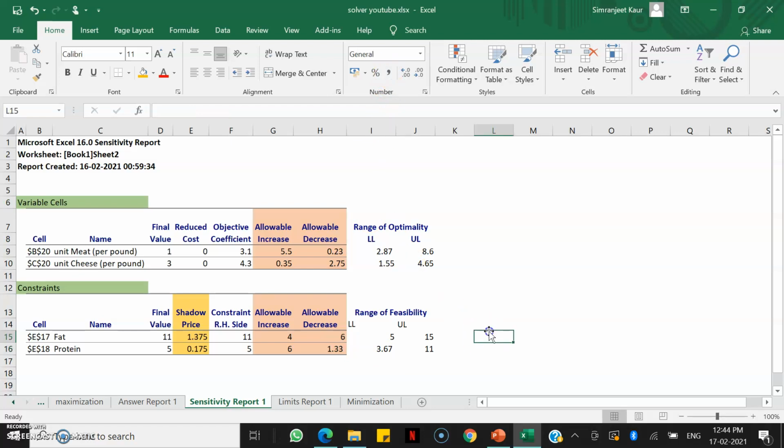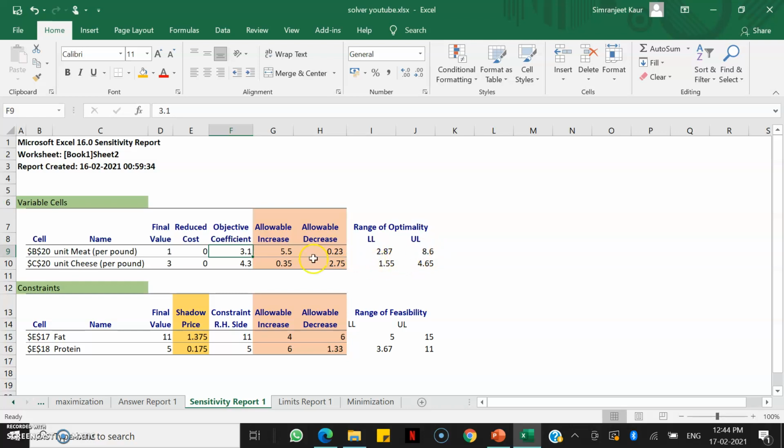So what it is saying is that if I add 2.87 to my objective coefficient, my final value will remain the same, right? And similarly, if I add 8.3, this is the upper limit, this is the highest that I can go.